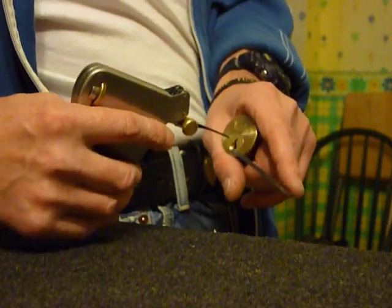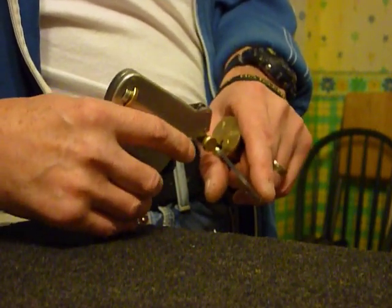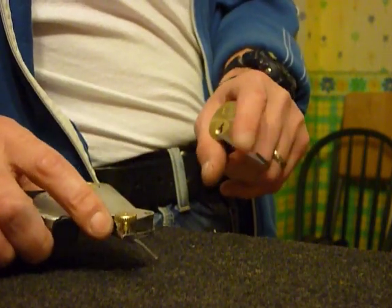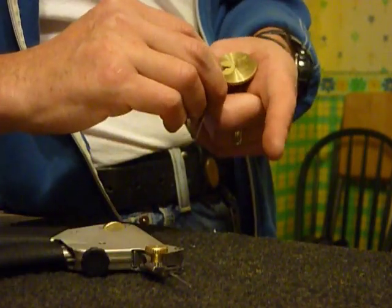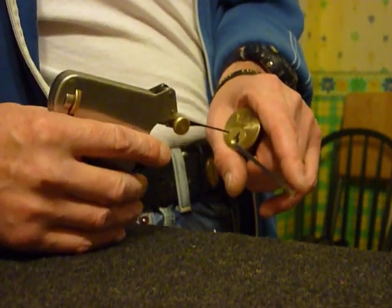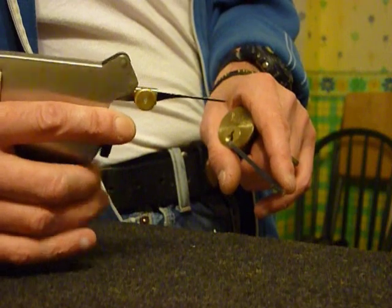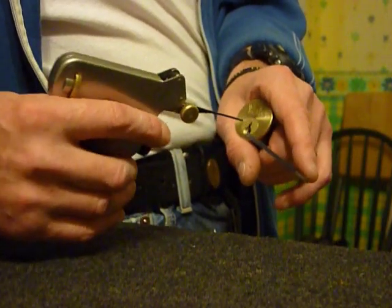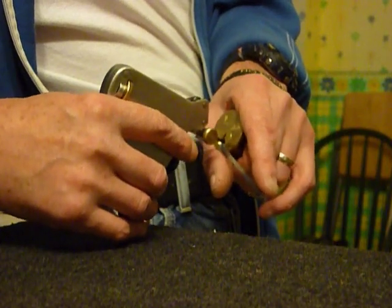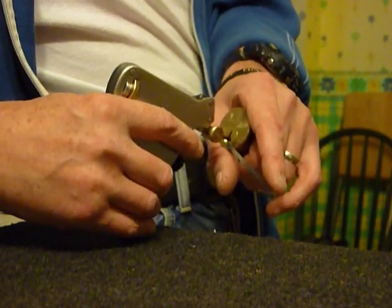They are literally hit and miss, like bumping locks really. You can have one bash with a bump key and a bump hammer. Same with this, you can click and click and click away till it gets it, providing your tension's right. But let's just get that in. It slipped there a tad, so